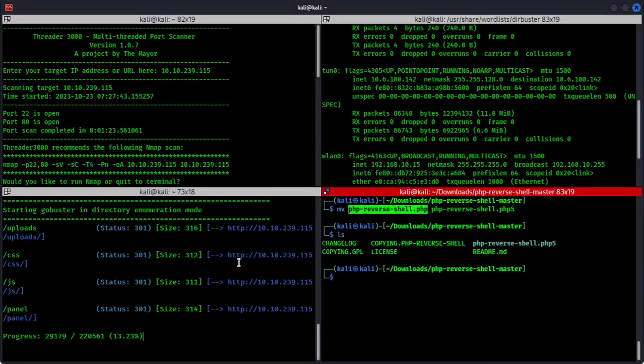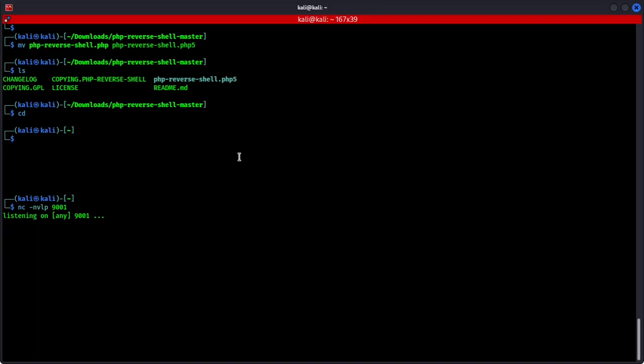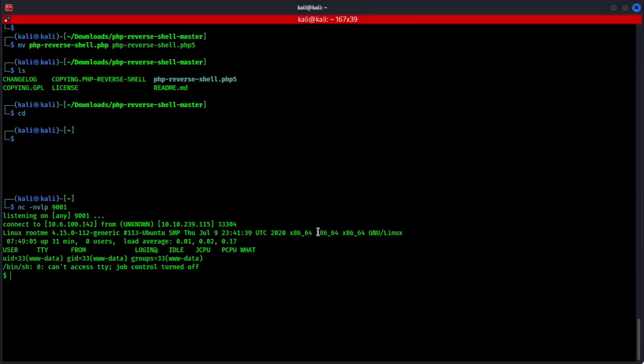Now I'm going to head back to the terminal and set up a listener. So we're going to use netcat, then dash nvlp, and the port number that we inserted before on the reverse shell file. Okay, now it's listening on the port number 9001. Cool, we are going to the web browser and execute this file by clicking on it. Awesome. As you can see, after clicking that file, the code is executed and now we have a shell on